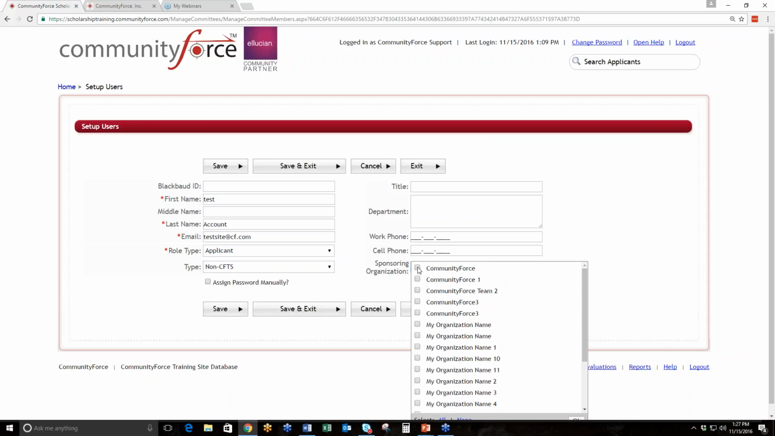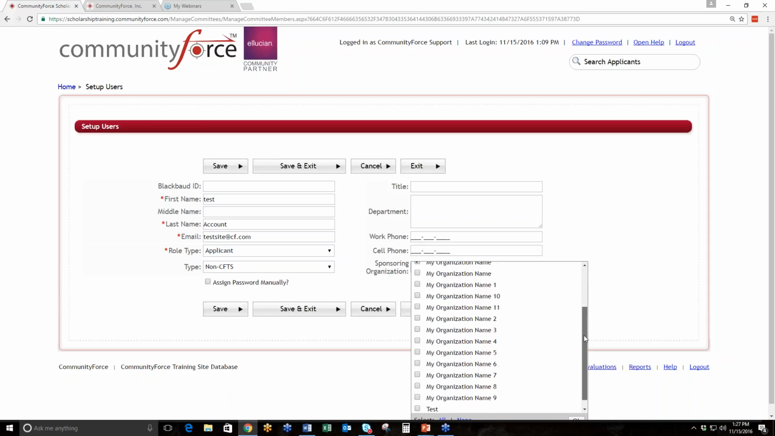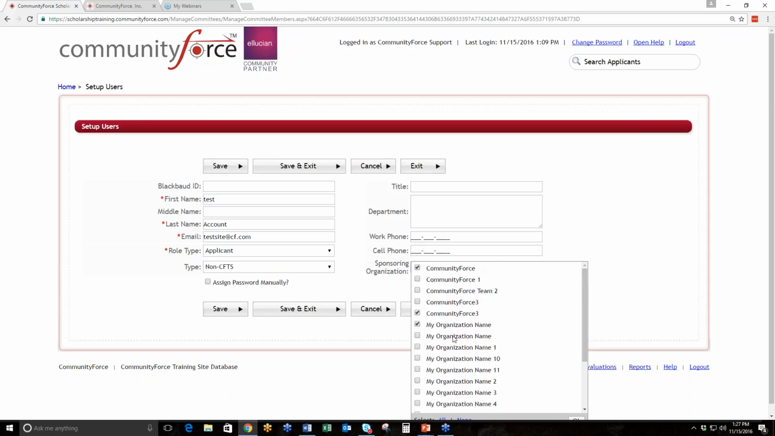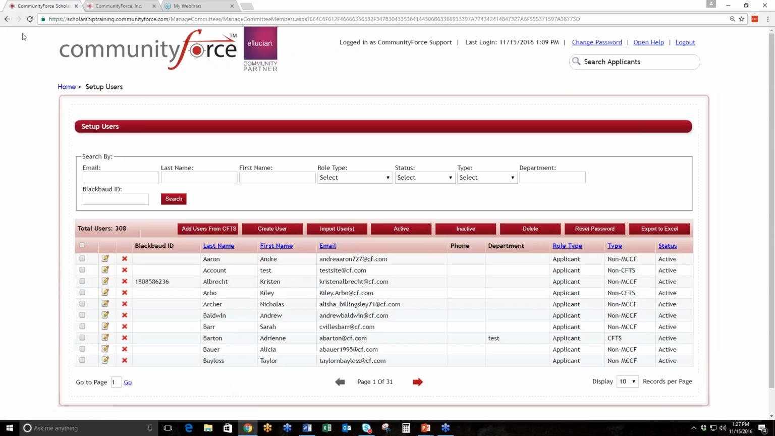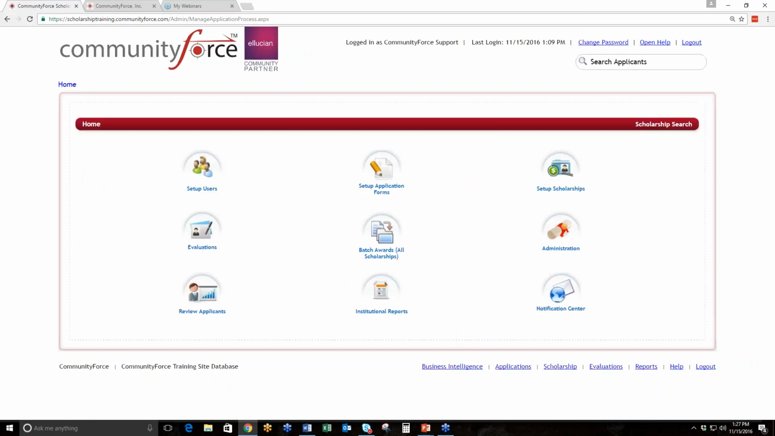So of course, if they had access to this one, they could have access to this one and this one. Then when they apply, they could only see these application forms. Or if they're an admin, they would only have access to the applications that were built for those specific organizations. So that's where sponsoring organizations are mainly used, in those three areas, to link a specific organization to specific applications